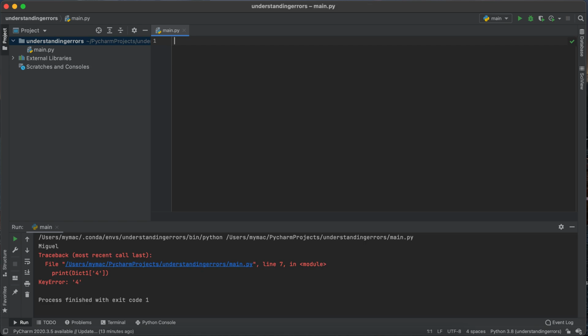Let's look at another error. Another common error is type error. And type error, I've seen this so many times. In my own opinion, it's more common to see a type error than any other type of error, especially when dealing with formulas or